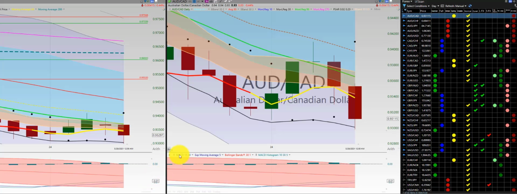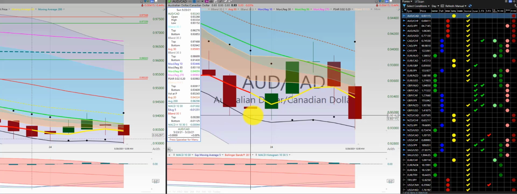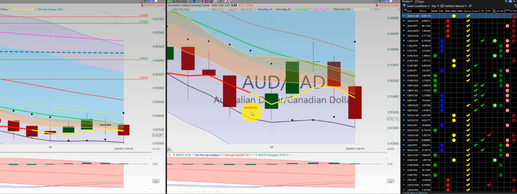Hello, this is the speed run for the Forex currencies week in review on the 28th of May at 4 p.m. Central Time. And I want to go ahead and start off with the Aussie dollar, Canadian dollar. On the Sunday, this is already part of a 1, 2, 3, so we didn't enter in this trade. Entered here, first indicator candle, second for a 1, 2, 3 scratch, and then no further trade the rest of